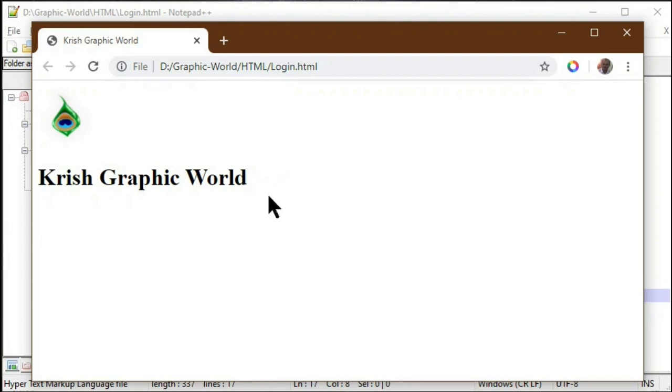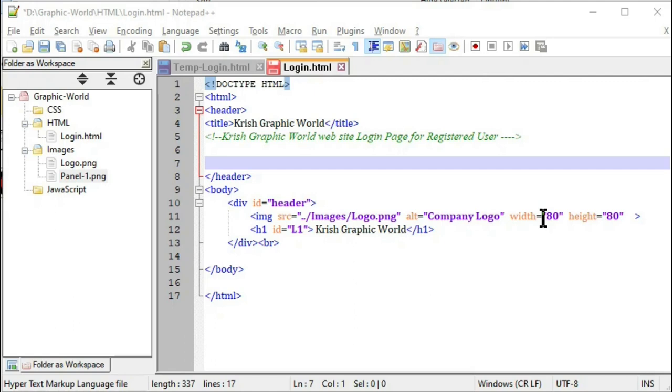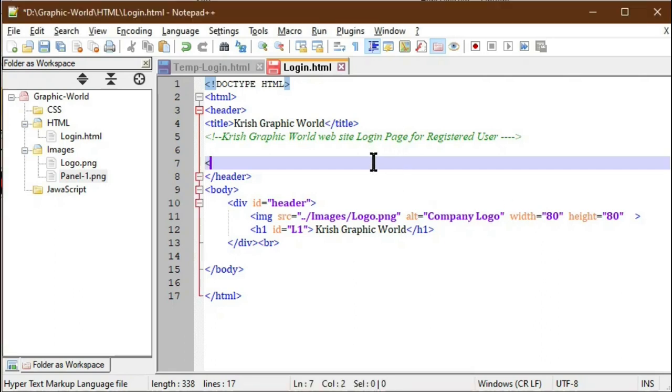For that, we have to add some CSS code in our HTML file. So we will add some CSS code, and again we will test it. You know, CSS can be added as an inline style, a style in the header section, or a separate style sheet. For adding a style in the header section, you have to add a style.